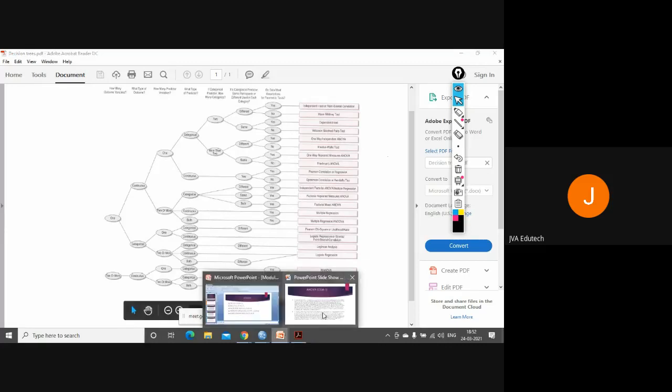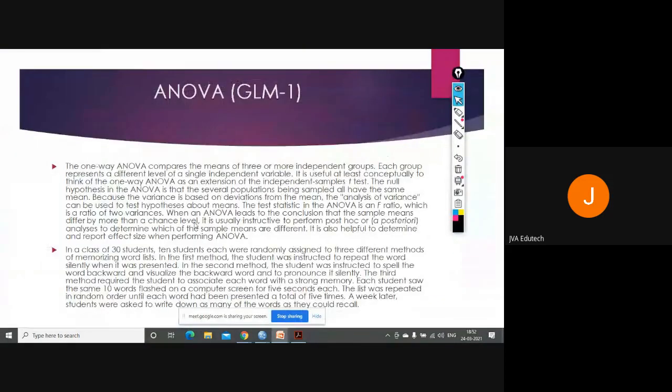So let's see our case. In a class of 30 students, 10 students each were randomly assigned to three different methods of memorizing word lists. Now we have created three groups. In the first method, the student was instructed to repeat the word silently when it was presented.